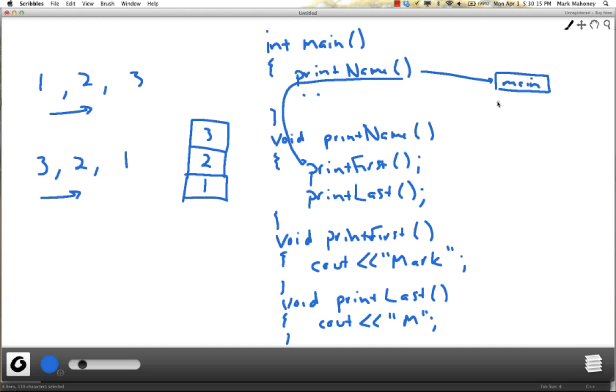This is the call stack. And here we happen to call another function. So we're going to store the address of this call. This is somewhere inside print name. We're going to push that on the stack, and then the flow of control is going to jump down here. We're going to print out my first name, and when we come to this ending curly brace,